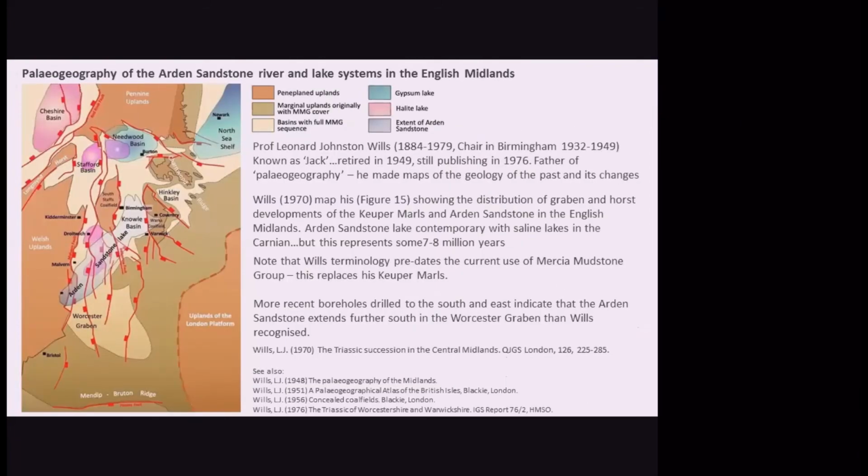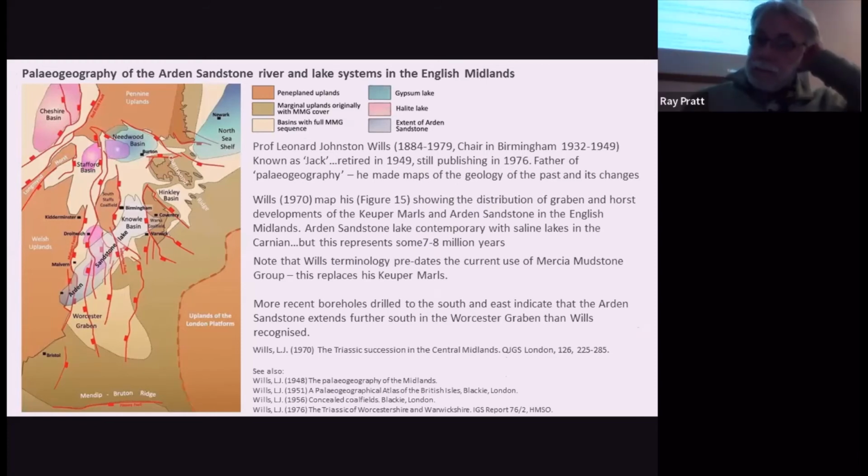Right, so now I've talked you through some of the outcrops in the Midlands. Let's just look at what Prof. Leonard Wills managed to get out of the outcrops. This work was done back in the 1950s through to the 70s. It's stunning stuff, and Leonard Wills is one of my heroes. He's really the father of paleogeography. Amongst several other things, one of the great things Leonard did was reconstruct the geology in the past and the past environments. And the map on the left here is his figure 15 from his 1970 publication,